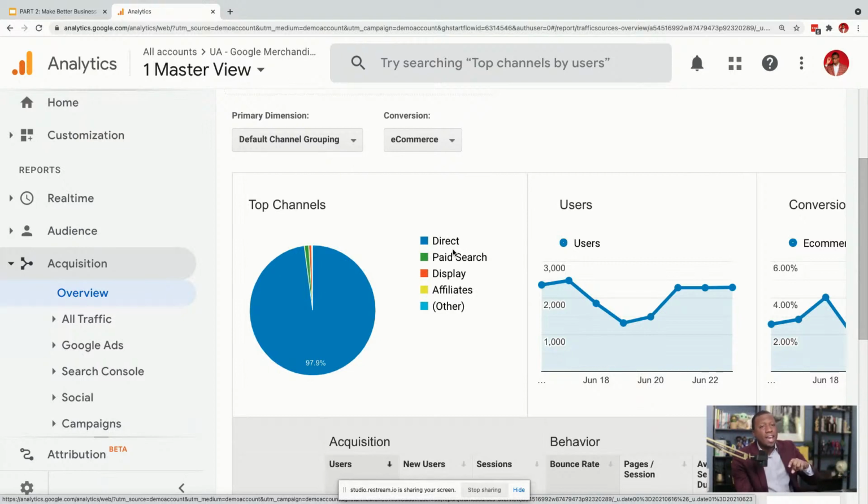They're clicking that ad and coming back to the website. Display is also kind of like paid search, doing advertising, and then other that can be emails and so on. But once again, you get an understanding of what channels are bringing the most people to your website. And then you can spend more time on those channels, making sure that people are spending more time there and coming back to your site.